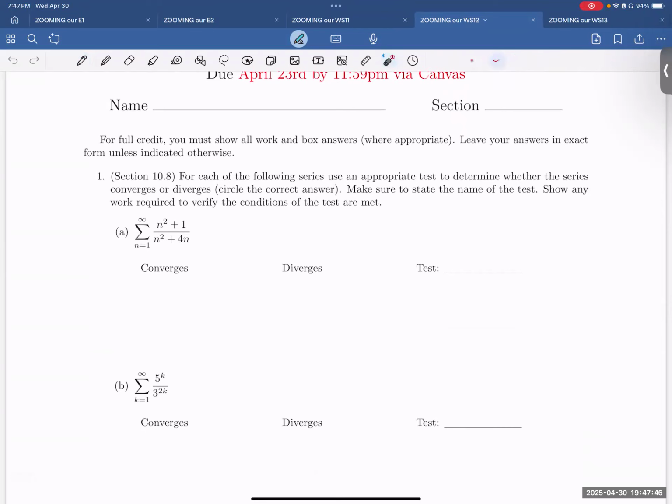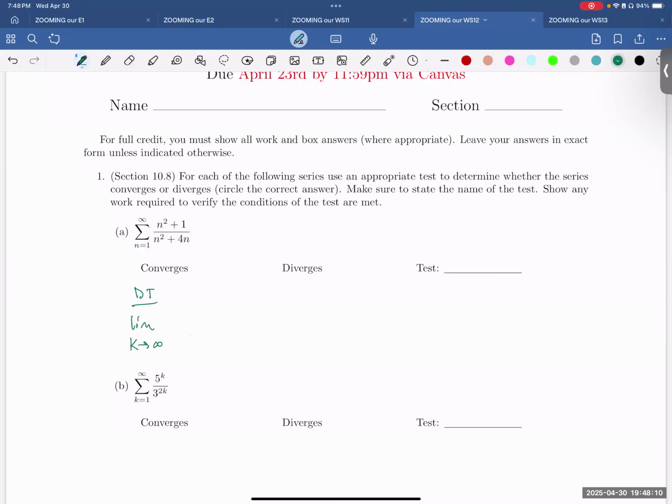So this one here. The first thing we should do is try to use the divergence test, where we take a limit of this general term, and if it limits to anything other than 0, then the series diverges, and that's what's happening. This piece here, let me write it out like this. So for the divergence test, the limit